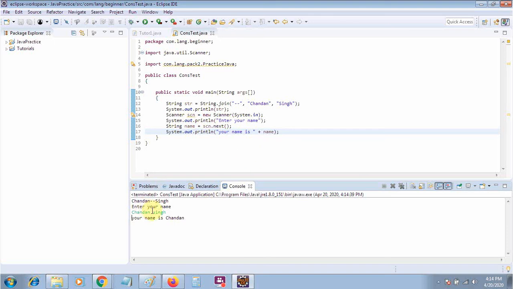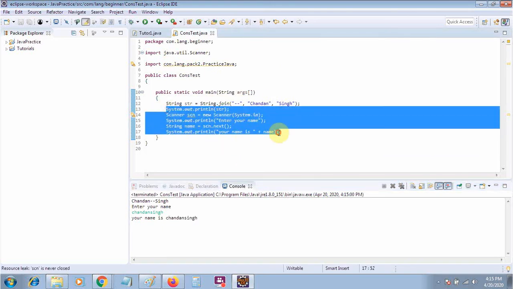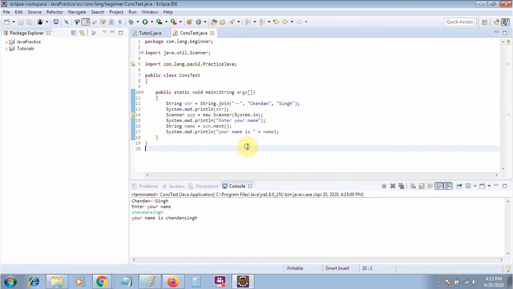Always remember it will take only the first string. If I want to run again, then I have to give the continuous input as a string, like Chandan C, this way. So this is a small concept that I'm explaining. Before starting the exception, I will explain one more thing, the package. Then we will start implementing the different exceptions, and we will try to cover each exception with an example. The package concept I have not discussed yet, so it's a small one.